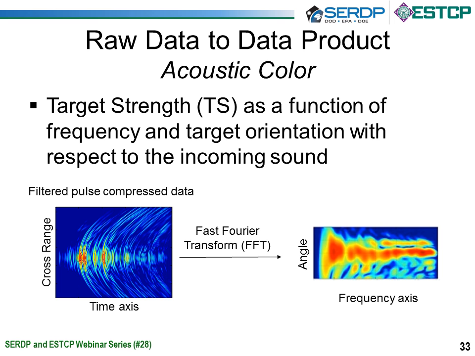But we're more interested in the spectral response. And what I'm showing here on the left is the isolated raw data associated with a given target. And we care about this because as we move along the linear scan, we're looking at the acoustic response of an object from different rotation angles. So if we take the raw data and we map the cross range to angle, and then we take a Fourier transform in the time axis, we can look at the frequency response of the object. And that's what's shown on the right here, where we have a matrix that shows angle versus frequency. So what we're looking at is the impulse response of the object as a function of look angle. And this forms what amounts to an acoustic fingerprint for an object.